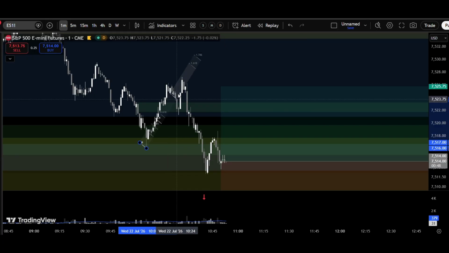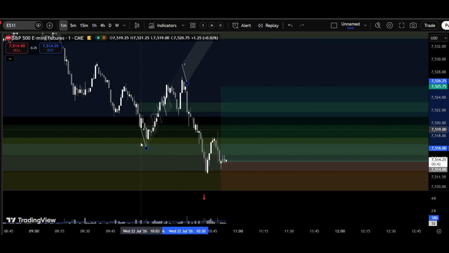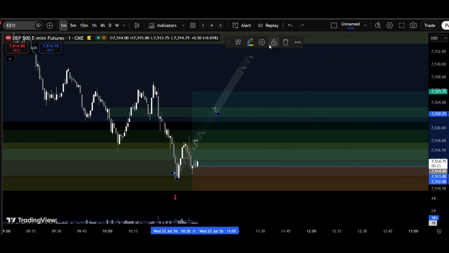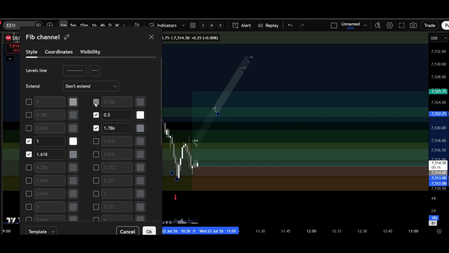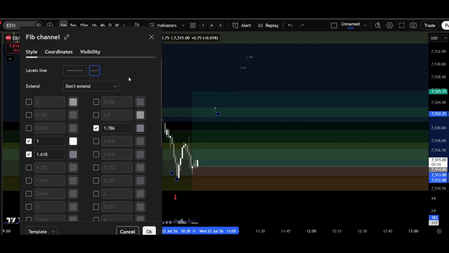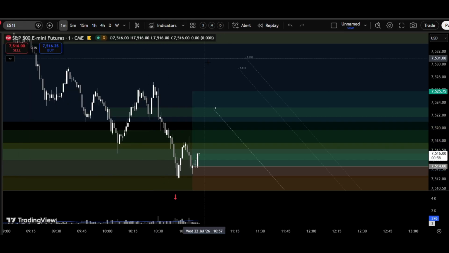Next, I measure the second frequency against the first, and we can see that it extends to approximately 1.786 times the length of the initial frequency. According to Fibonacci ratio logic, this makes the 1.5 extension of the second frequency length as the move target. I then project this measurement onto the third frequency that has just begun,